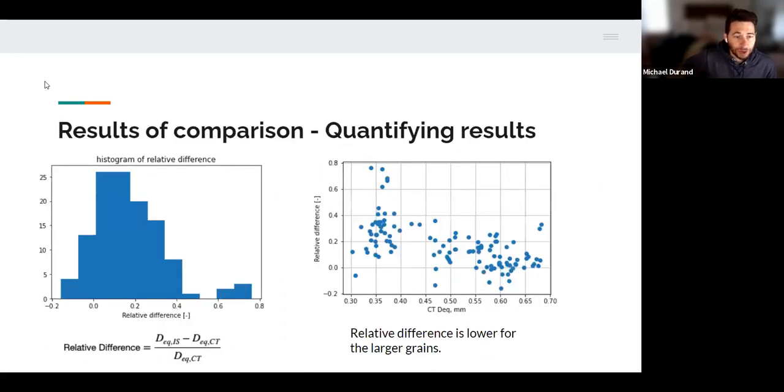Here is the relative difference. So the error or the difference between the integrating sphere and CT normalized by the equivalent diameter in the CT. So the relative difference you can see on the histogram on the left has a significant bias, right? So if it was unbiased, you'd have that whole histogram shifted to the left, but because of the bias, you do see that pattern. And then on the right, you can see how that relative difference is a function of the equivalent